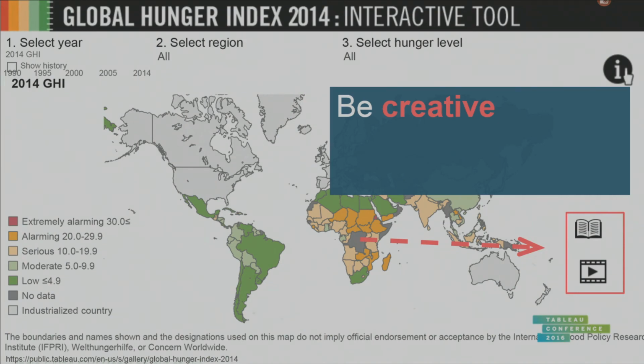And what's creative is this little thing down the side. So instead of just clicking on the visualization, which many of their competitors have, they then use a Tableau Public feature to import video and to hyperlink out. As soon as you click on a country and see what's going on, you can then hyperlink out and have the video open up in the web page as well. So they're being really creative with how they're using Tableau Public.